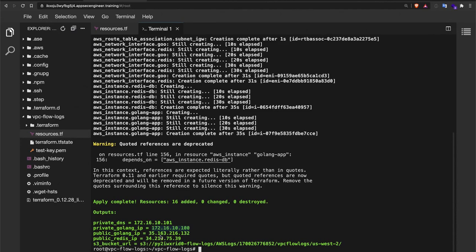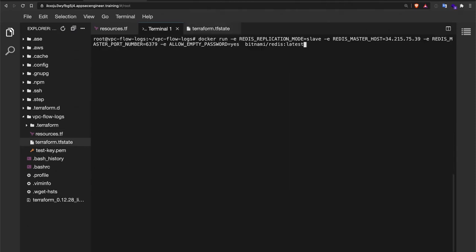So let's say I'm an attacker, I've found the public IP and I'm going to try and exploit this. Now a very common Redis exploit is to add a database. So let's say I have a primary Redis database running. I want to add that Redis database as my secondary or slave database, and let's see how that's going to pan out. I'm going to run my Redis slave, or the secondary database, to add itself as the secondary to the primary that is running on this. So it's essentially like adding an add-on database to the Redis primary database that's running on this particular public IP.